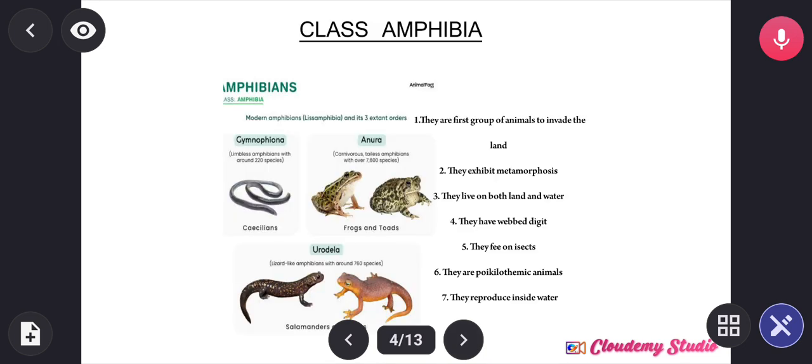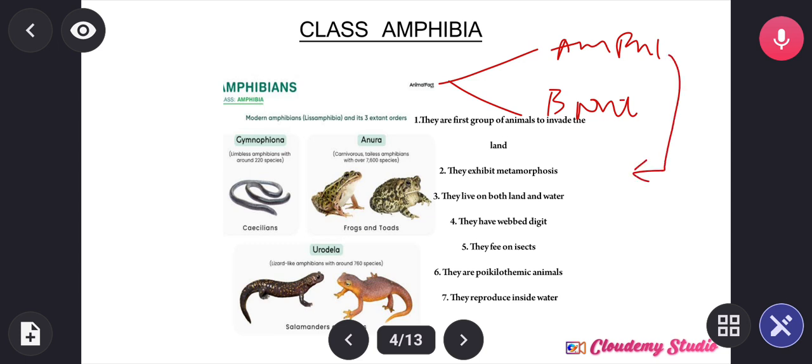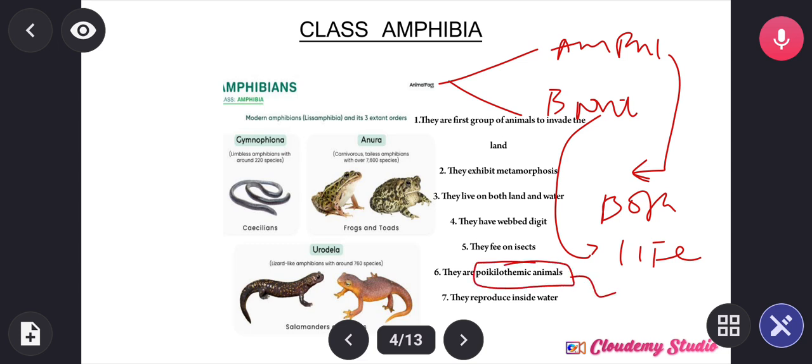The word amphibians is gotten from two words, amphi and bios. Amphi means both, and bios means life. They are believed to live on both land and water, and that is where they got their name from. So they are the first group of animals to invade the land. They exhibit metamorphosis during their life cycle. They live on both land and water. They have webbed digits, and they are poikilothermic animals or cold-blooded animals, which means their temperature depends on the temperature